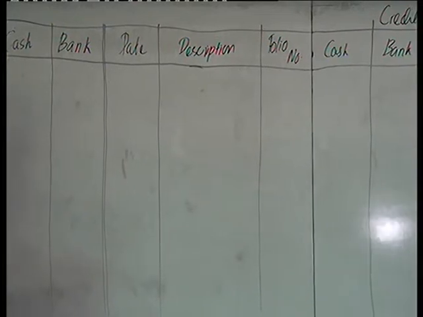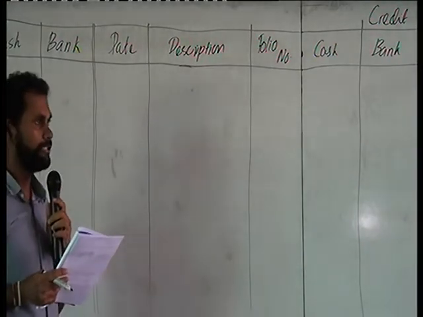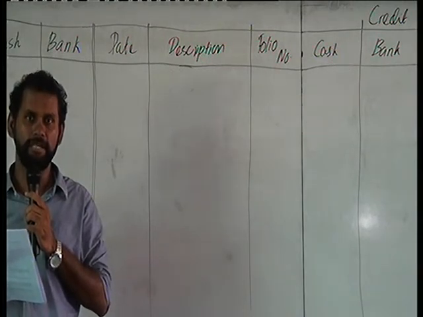First paragraph says, the cash balance of Mr. A's business as at 1st January 2019 was 50,000. He has deposited 30,000 in the bank in order to open a bank current account under the name of the company. Right. So here, first we have the balance. The first balance is the cash balance. So cash balance, is it a debit balance or a credit balance?